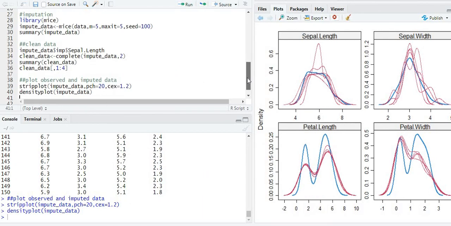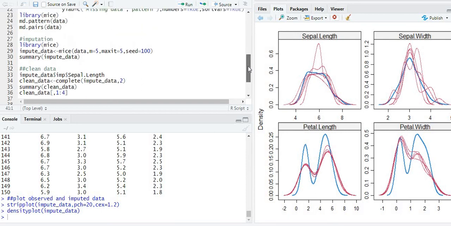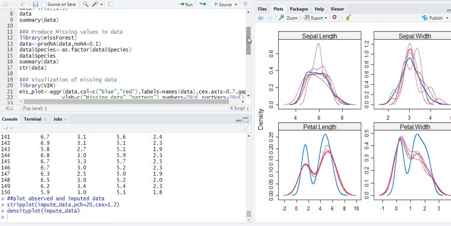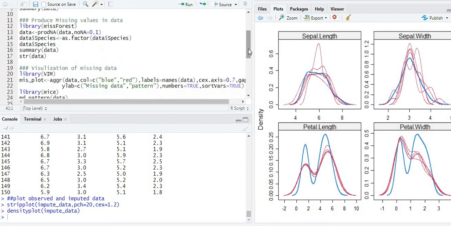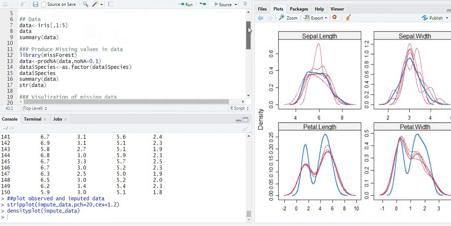So you can use the mice library to clean your data. It performs very well. It is quite good for the filling of missing values. It uses different methods like predictive mean matching and polyreg. It depends on the data type of that particular variable. If it is a numeric or integer data type, it uses predictive mean matching. And when it has a categorical variable, it uses polyreg, that is multinomial logistic regression. So you can see this is our code for using the mice library.